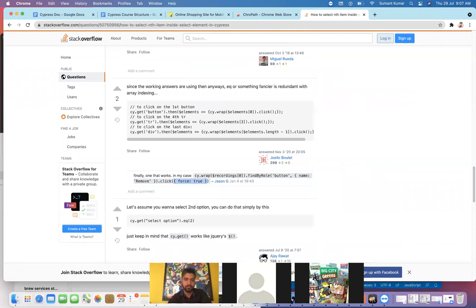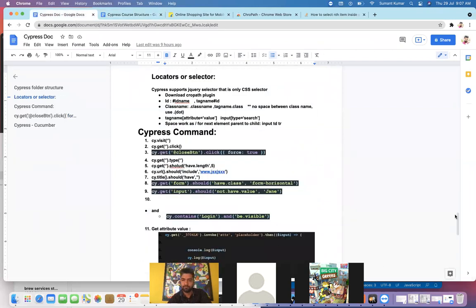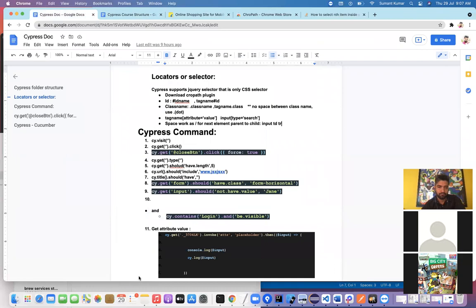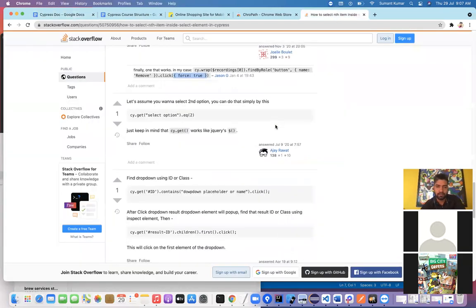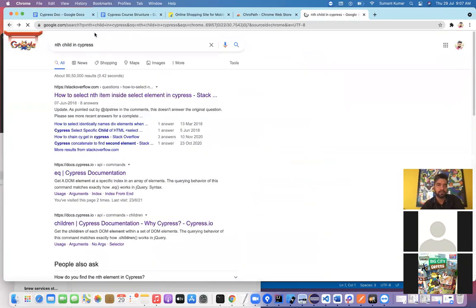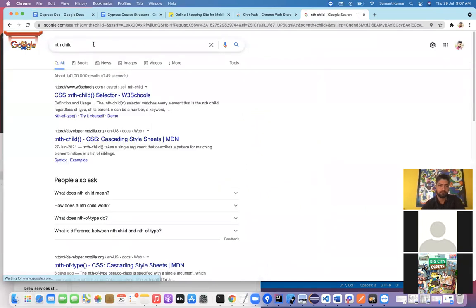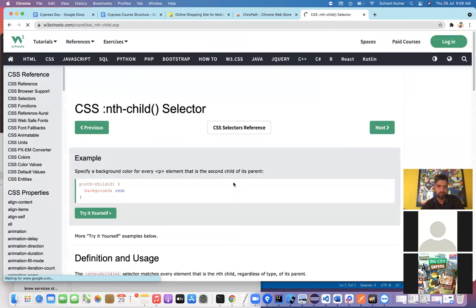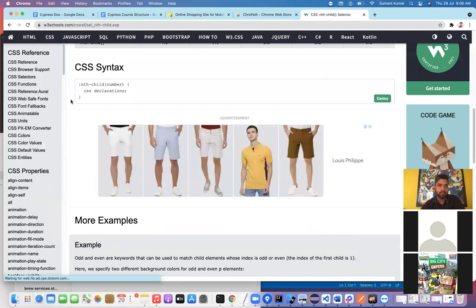This is also a good concept. And I was searching about nth child, right? Let me search again. Nth child. Yes, this is the concept of nth child basically.